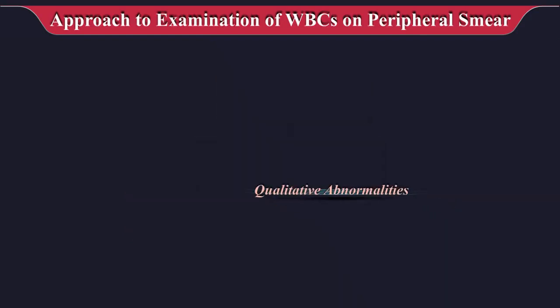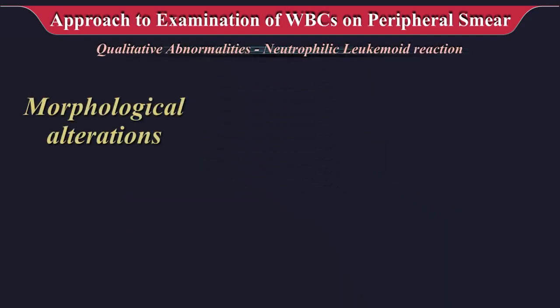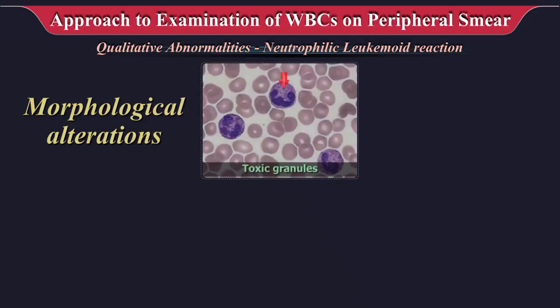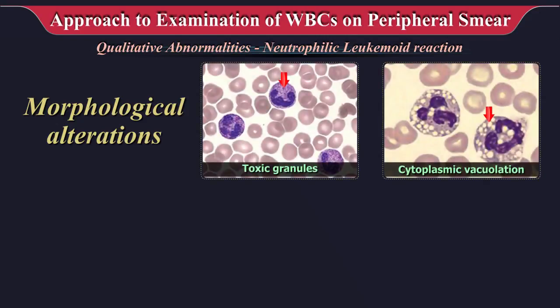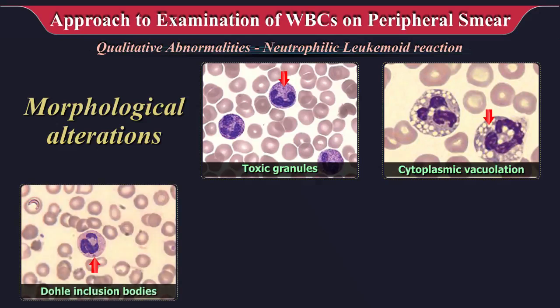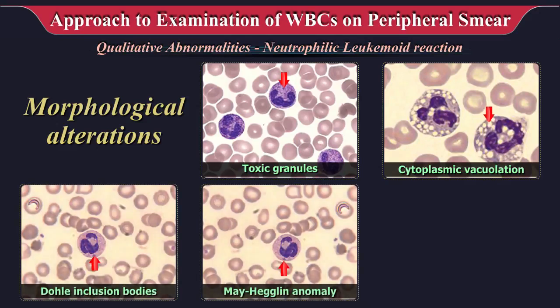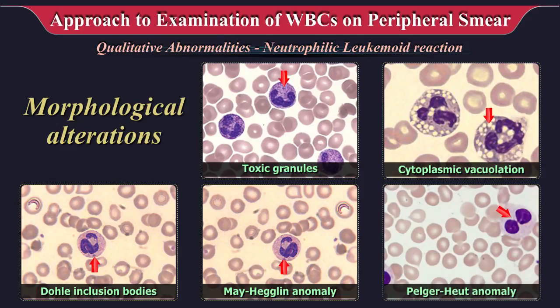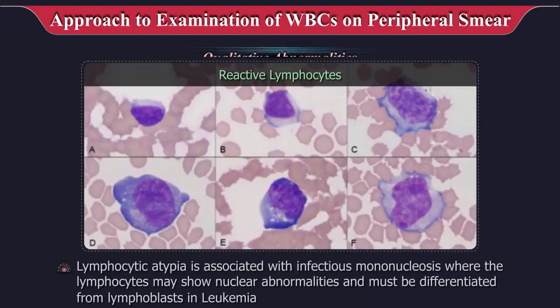Qualitative or functional abnormalities are related to morphological alterations like presence of toxic granules, cytoplasmic vacuolation, Dohle inclusion bodies, May-Hegglin anomaly, Pelger-Huet anomaly, etc., as described in the earlier video. Lymphocytic atypia may be associated with infectious mononucleosis where the lymphocytes may show nuclear abnormalities which must be differentiated from